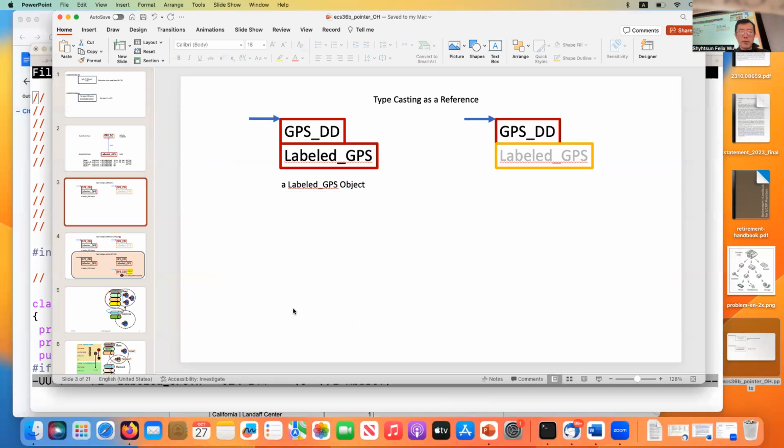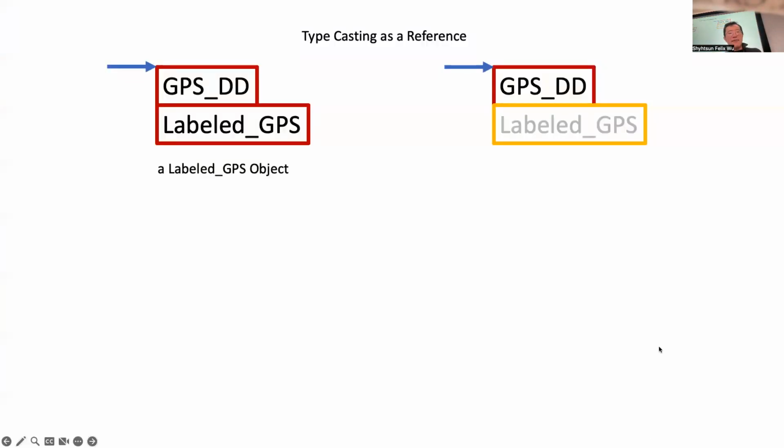So I want to use this picture to explain what we have done so far about the difference between typecasting using a reference, which in our example is GPSDD with an ampersand sign. That's what we call typecasting a reference.